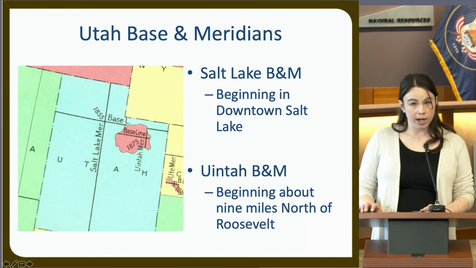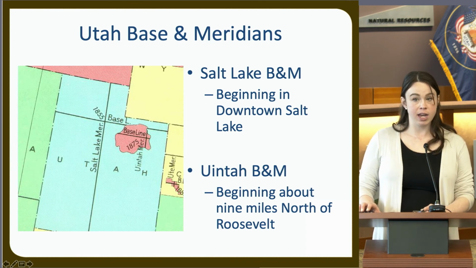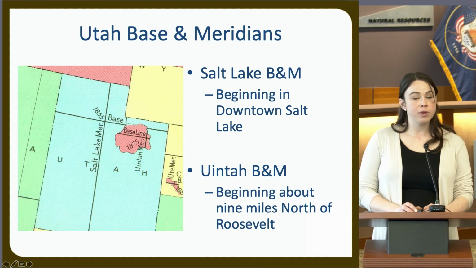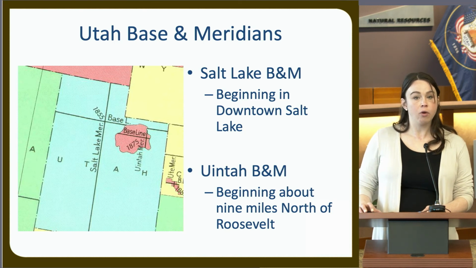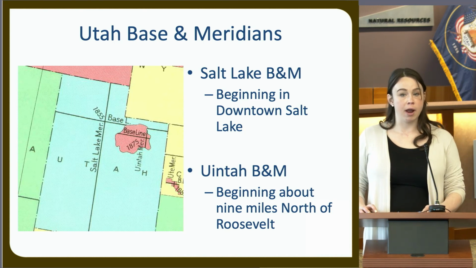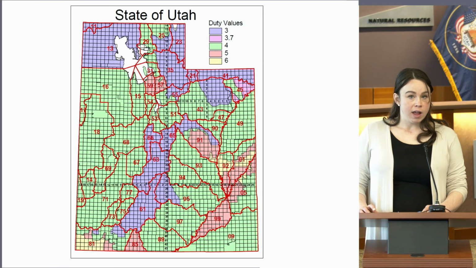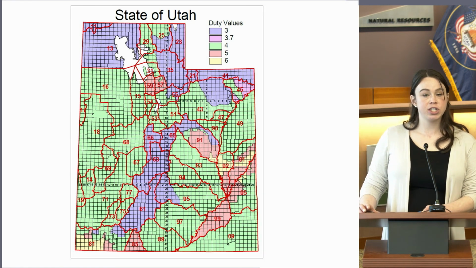It is very organized, the Salt Lake Basin Meridian system, and is based off of Temple Square downtown. So just like our downtown is pretty organized, so too is this mapping system in theory. Uinta, that smaller region, Uinta Basin Meridian, the focal point, the center point, starting point, is about 9 miles outside of Roosevelt. And the reason I point that out and why it's important is just to be aware